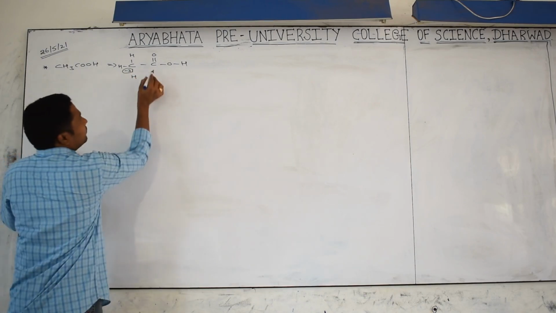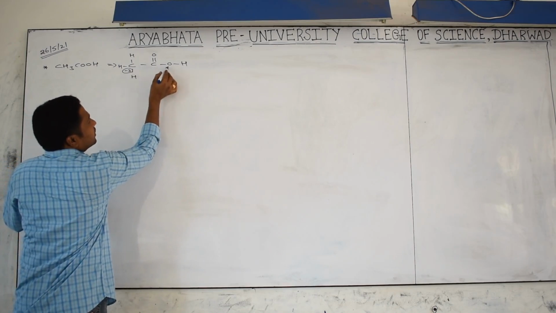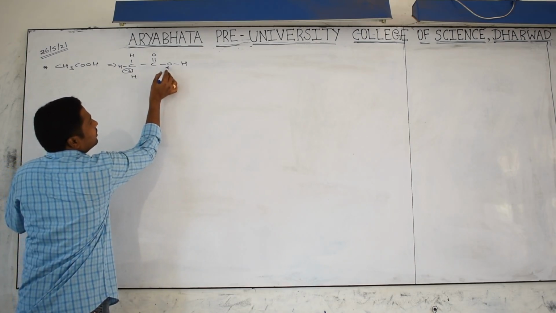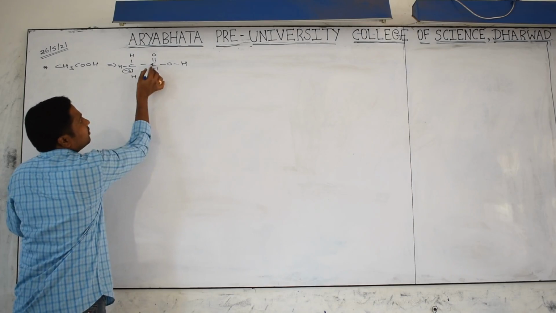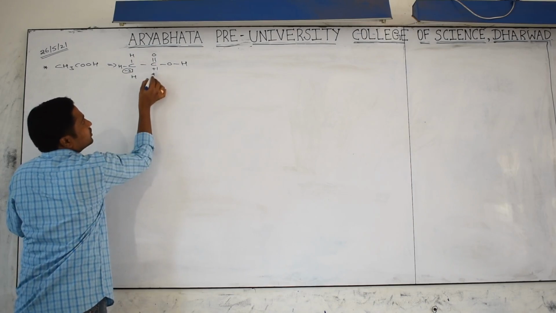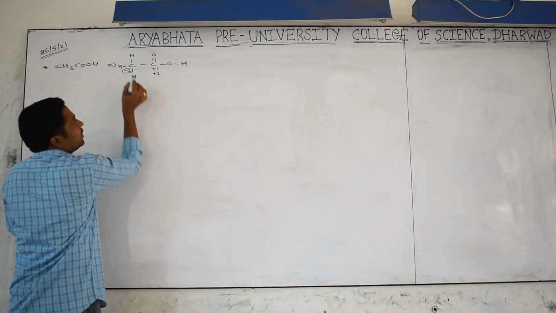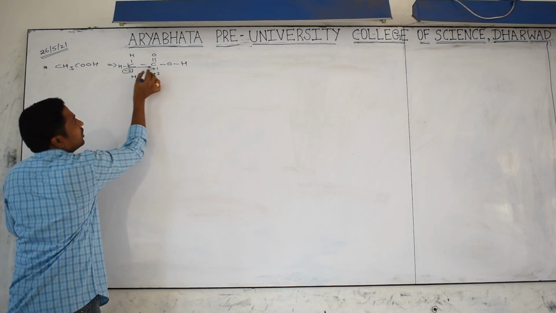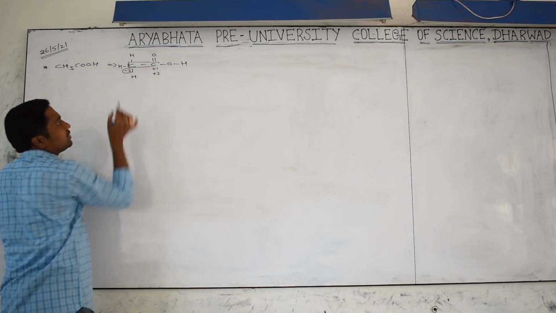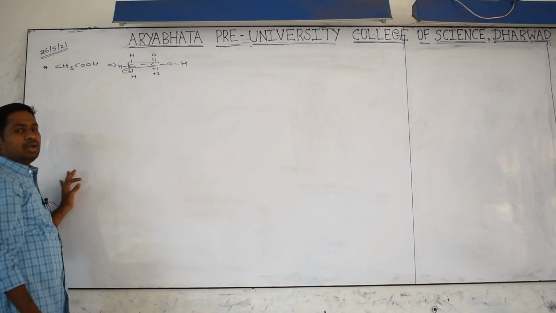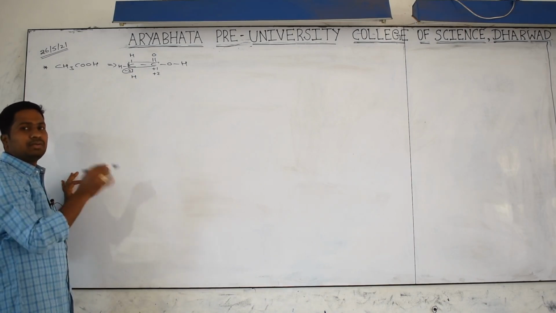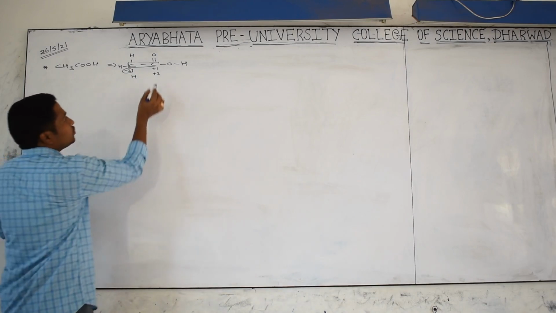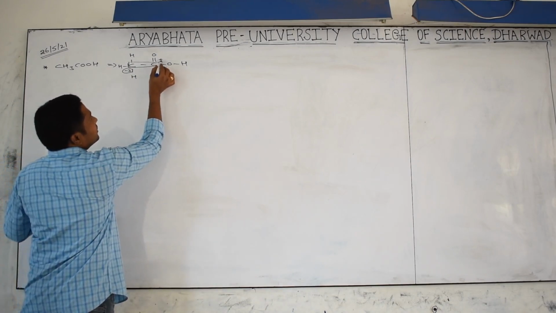Later, this carbon and oxygen: oxygen is the highly electronegative element, 3.5, and carbon is 2.5. That's why, because of the single bond it will get +1 charge, and because of the double bond towards oxygen we get +2 charge. But because of the C-C bond, are we getting any charge on the carbon atom? No, because identical atoms always share equally, so we are not getting any charge. So together, which charge are we getting on this carbon atom?